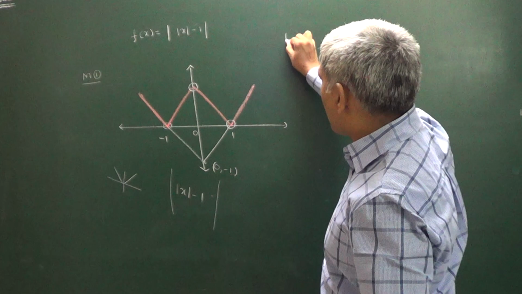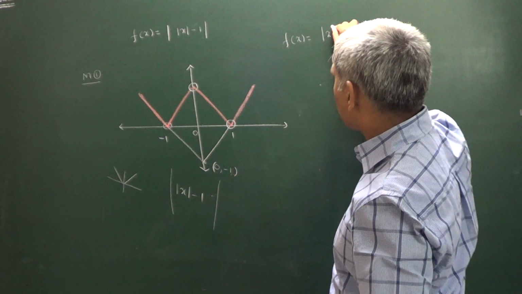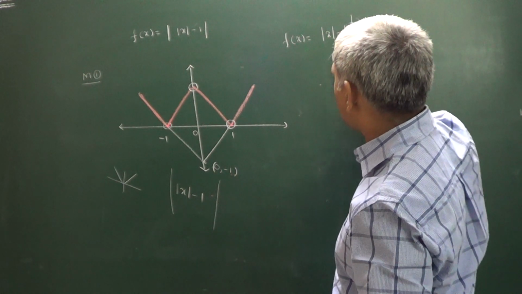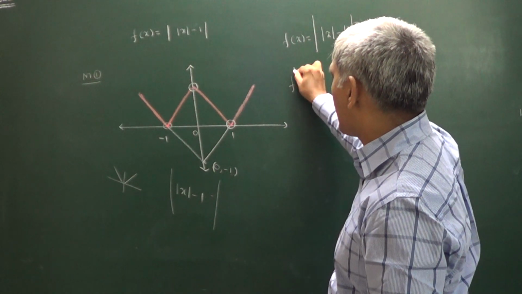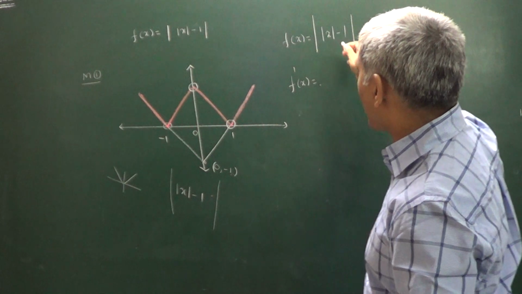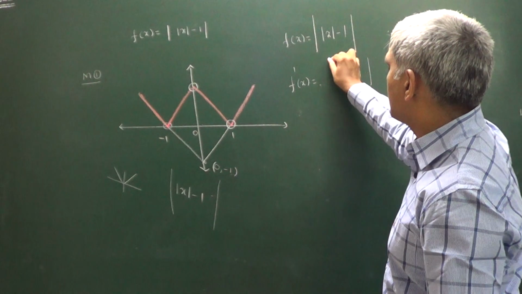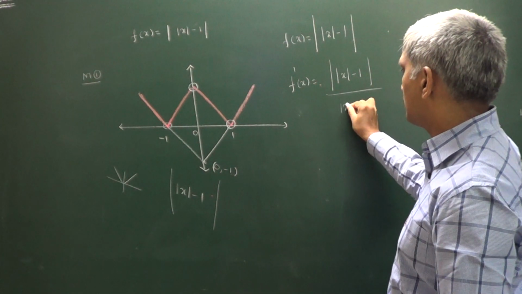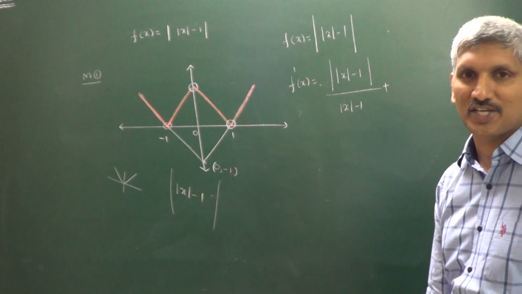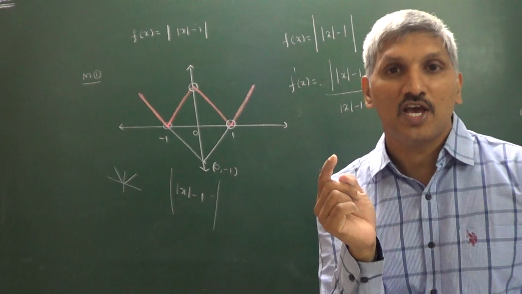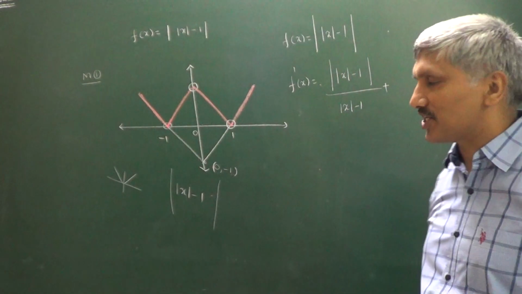So the same question I am doing in another way. You know the differentiation of mod x. Mod x differentiation is mod x by x. Now I am doing the differentiation of this. F dash of x is equal to mod x differentiation, which is mod x by x, plus inner function differentiation. I am saying mod x differentiation is mod x by x. Inner function differentiation also we have to do.